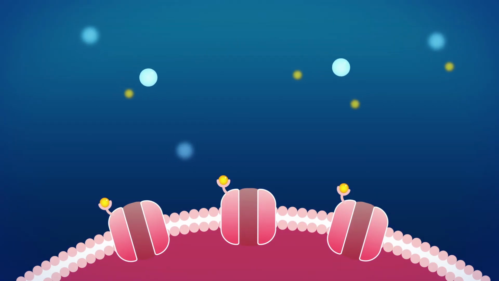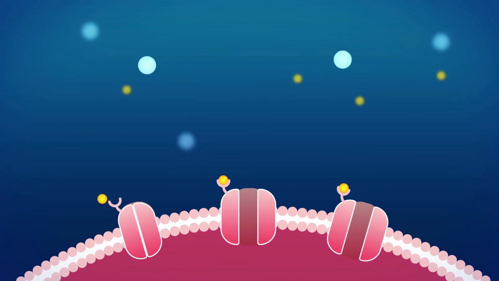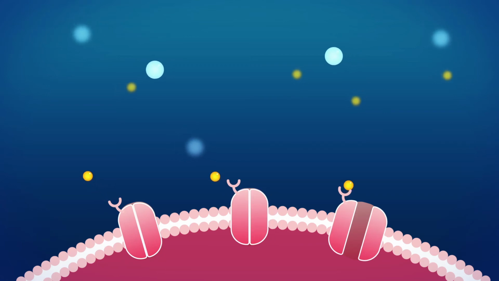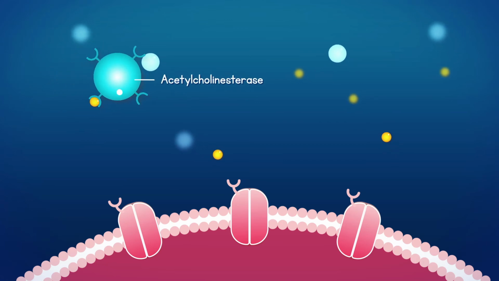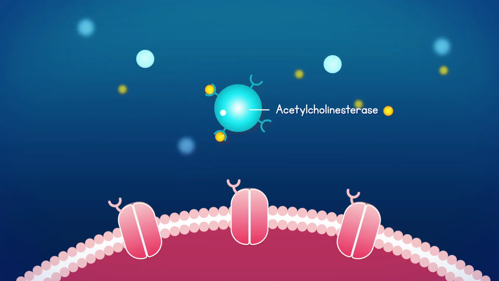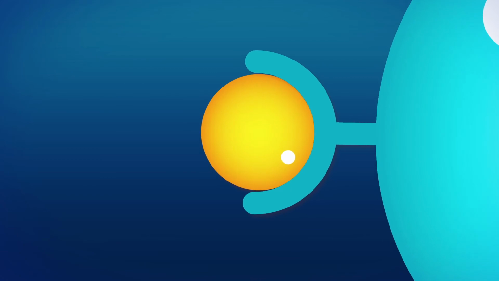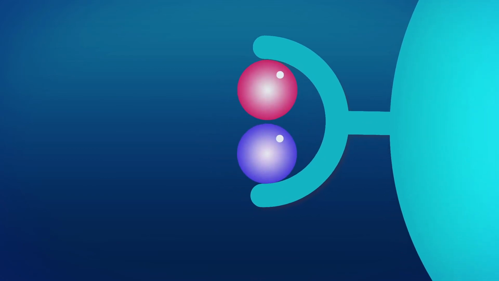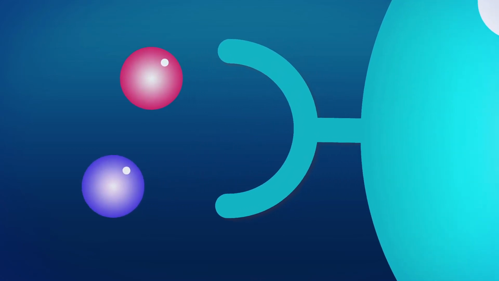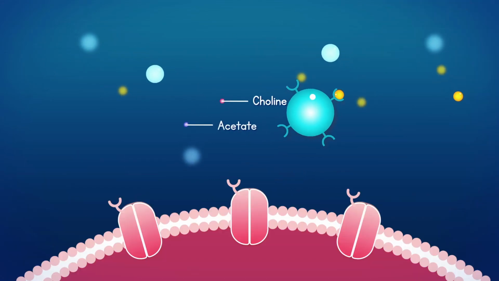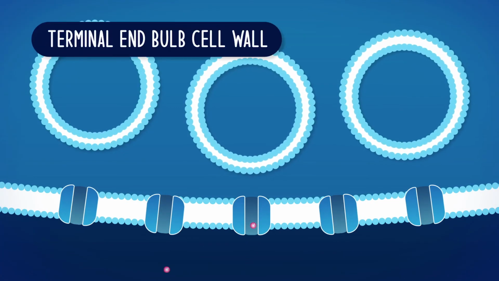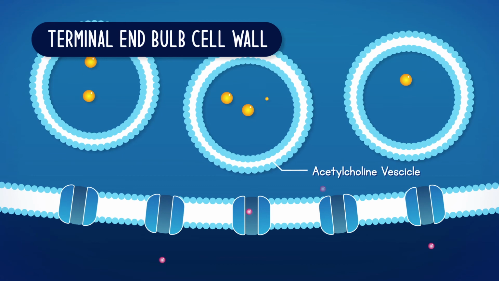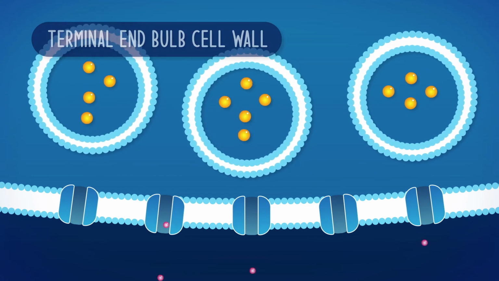Once the contraction is complete, the acetylcholine will unbind from the postsynaptic receptors and move back into the neuromuscular junction. The acetylcholine now binds to a special enzyme, called acetylcholinesterase. Acetylcholinesterase will break down the acetylcholine into two molecules, choline and acetate. Choline can now be recycled back into the end bulb and combine with acetyl-CoA to make new acetylcholine, effectively replenishing the pool of acetylcholine available in the vesicles in the end bulb.